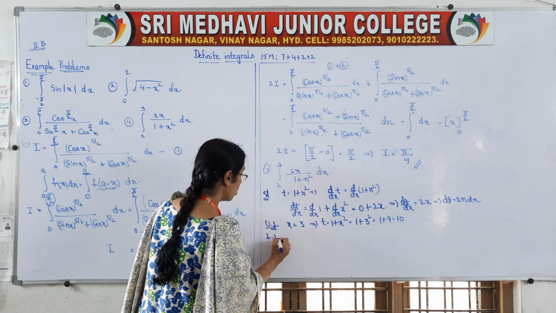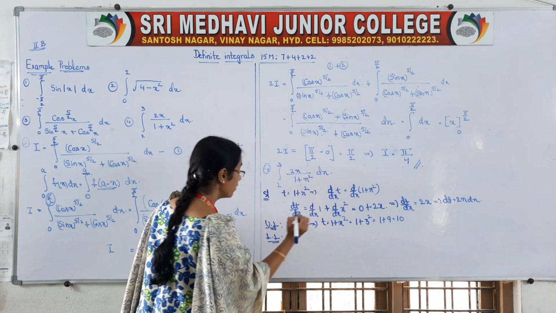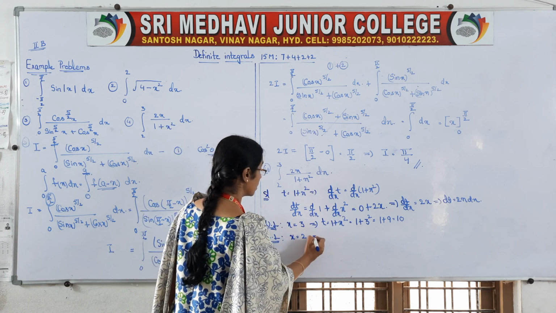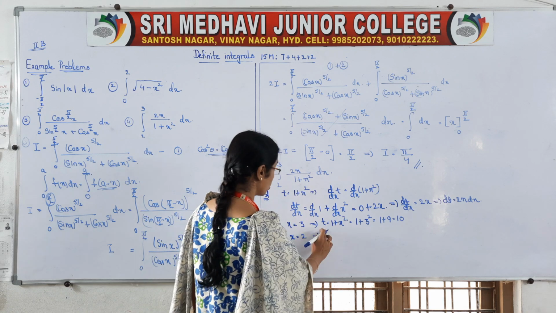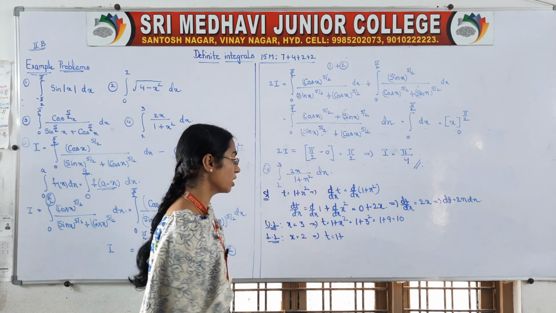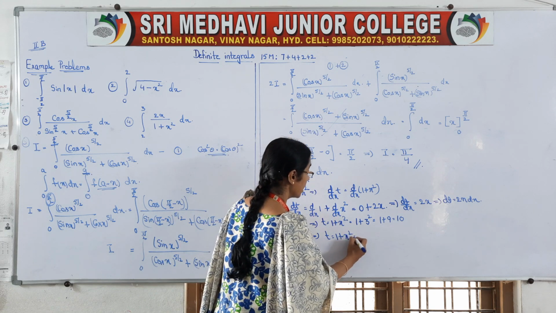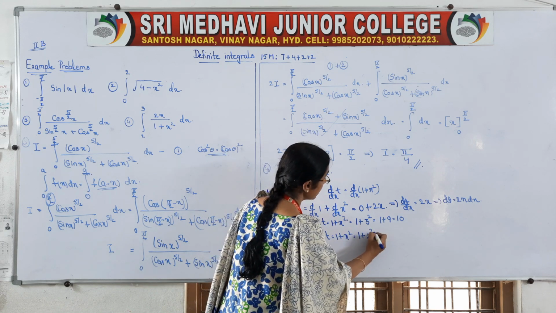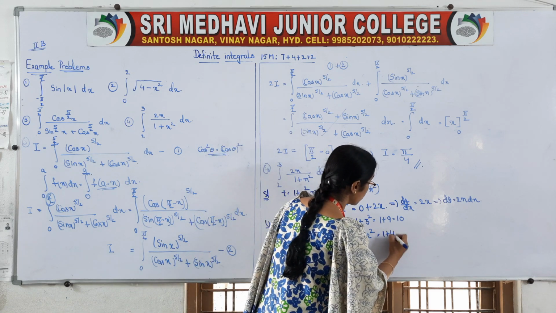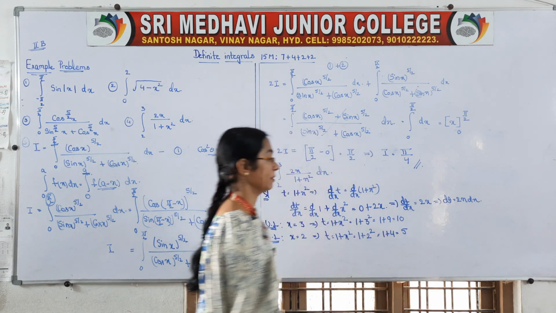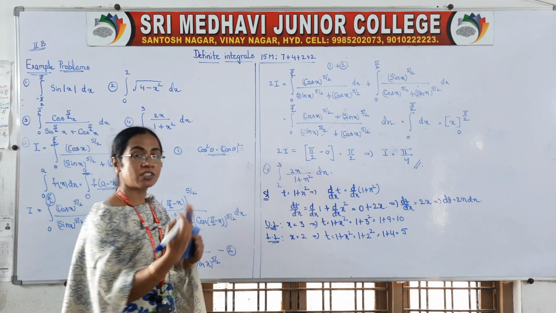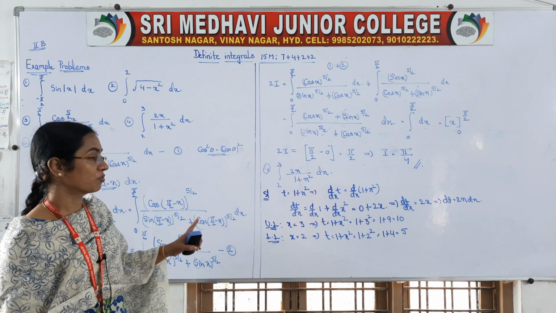Now come to the lower limit. How will we take the lower limit? The lower limit is given as x is equal to 2. Right. So you take t is equal to 1 plus x square, isn't it? So in x square we can take 1 plus 2 square. So it is 1 plus 4, that is 5. Okay, so now we changed the limits also in terms of t.